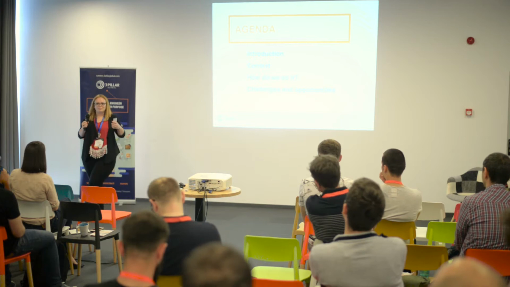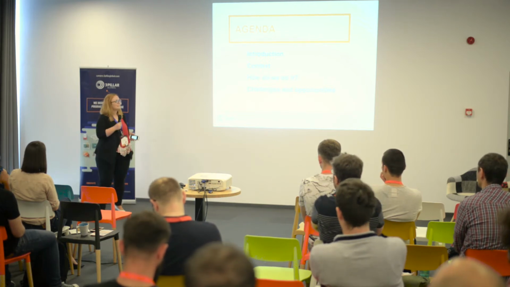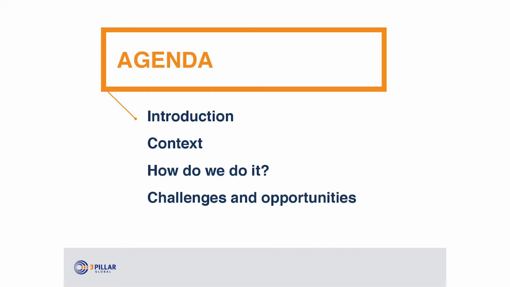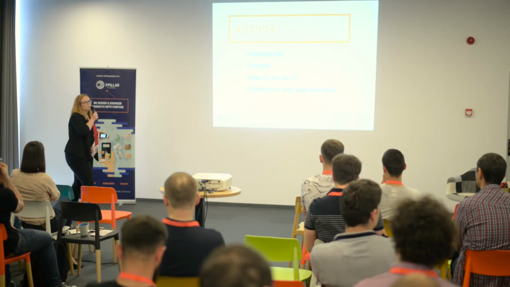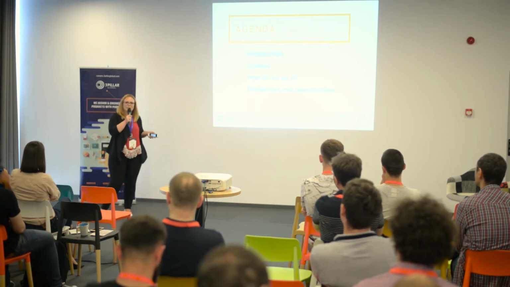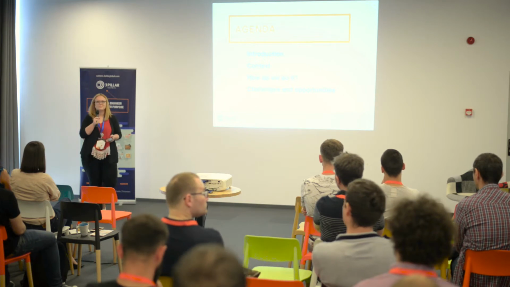So, we will go through some bit of history regarding the DevOps movement. How did we get to infrastructure as code? And what does it offer? Why did we need it? Other than that, we are also going to present our use case, or my team's use case, the context in which we are using infrastructure as a service, and how we are doing it. Some implementation details, and the challenges which we met along the road, and opportunities that we are still seeing for future work.